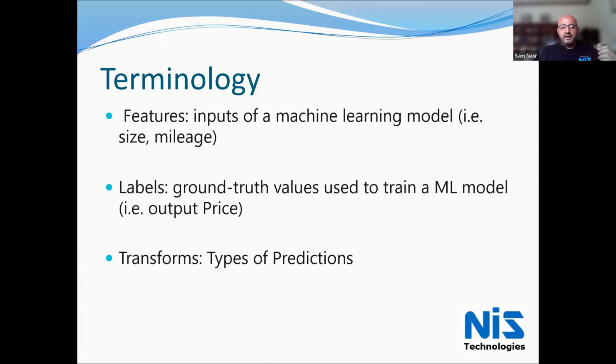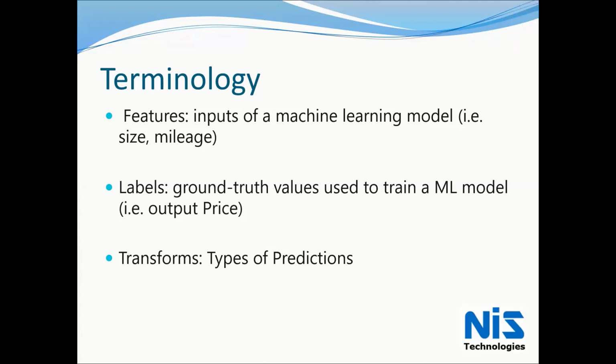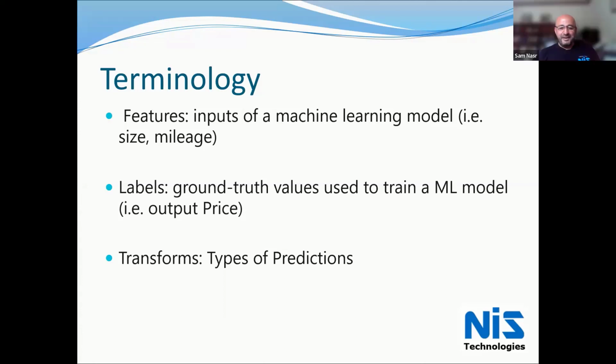And so I'm giving you the feature, which is the square footage of the home. You're giving me the label, or the output value. And because I gave you a series of data, in this case only 2 records, you were able to develop a transform, or a formula, to calculate that output value. Is everyone with me so far? Yes, we are. Excellent, very good. All right, thank you for the feedback.